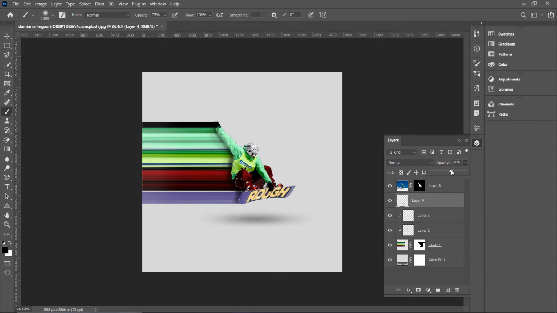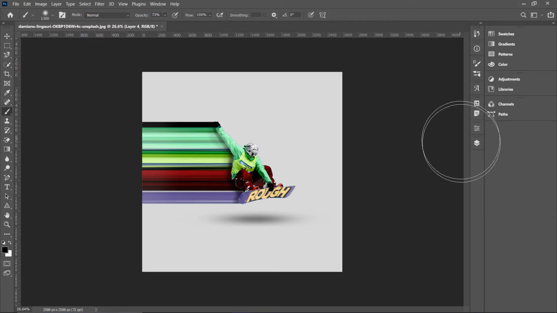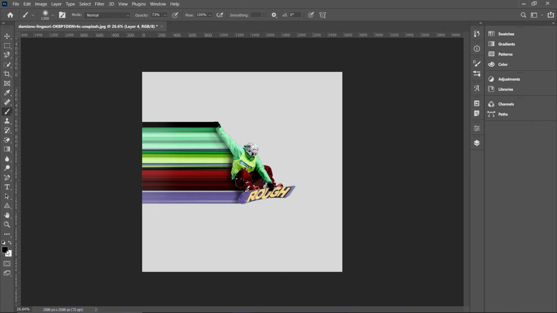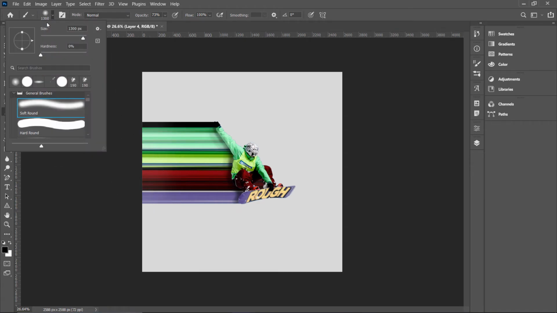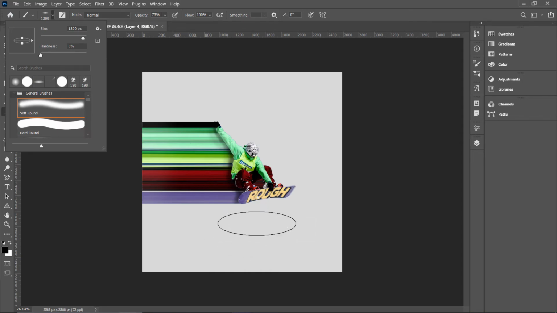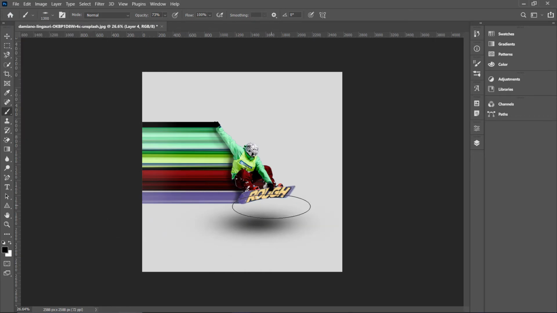Okay, I'll show you a different way to create the same effect. Let's delete this layer and create a new layer. Now go to brush properties, where you can change the angle of the brush and the roundness of the brush, and it simply creates the same effect.